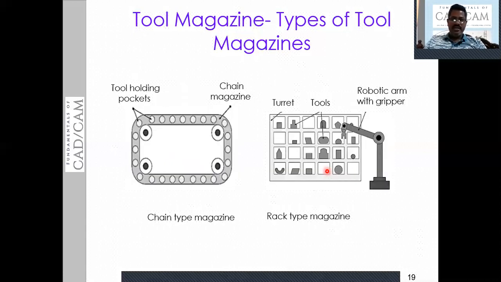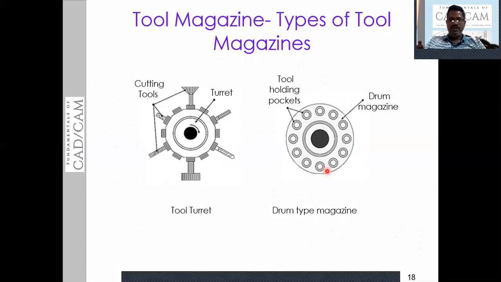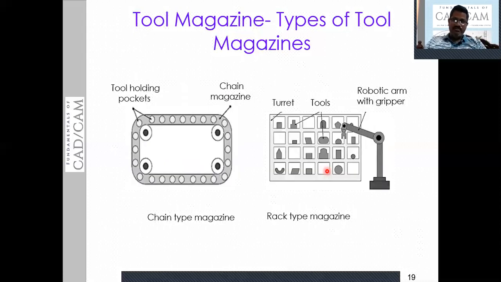Then the chain type of magazine is going to hold more tools than the drum type. The drum type can hold around 50 tools, whereas the chain type magazine has a driving mechanism, in which case on the chain each tool is located at a specified address. This chain is going to move to the ATC. From this, the ATC is going to pick up the tool and in turn locate or fix the tool in the tool post or the spindle to perform the work.